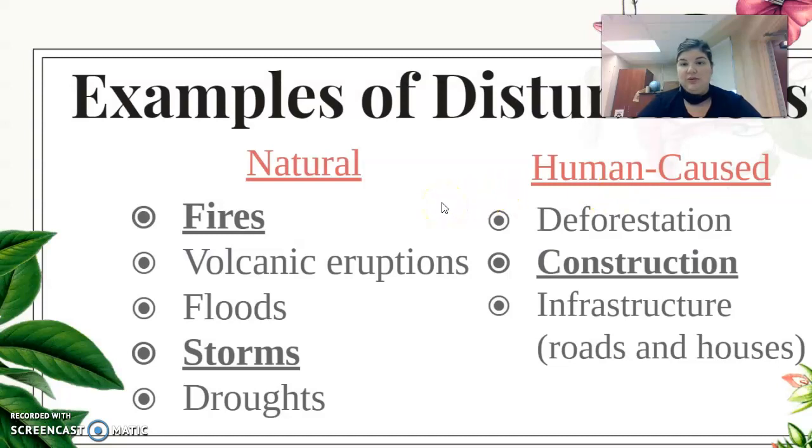Okay, so some examples of disturbances include, on the natural side, fires, volcanic eruptions, floods, storms, and droughts. These are all going to be effects or disturbances on the ecosystem. Some human-caused disturbances could be deforestation, so loss of forests to either slash and burn techniques for fertilizing the